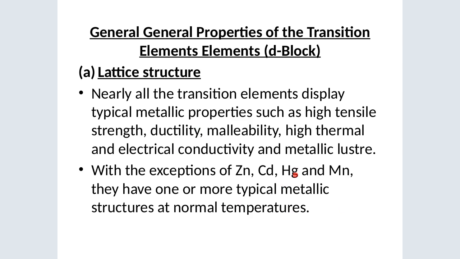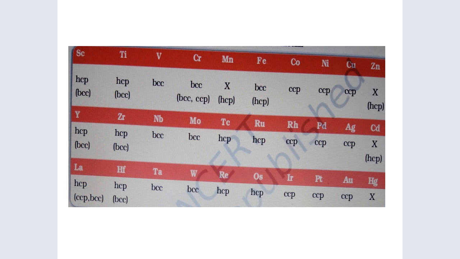With the exception of zinc, cadmium, mercury, and manganese, they have all the typical metallic structures at normal temperatures. So this displays the metallic structures, which can be HCP, can be body-centered cubic, and so on,